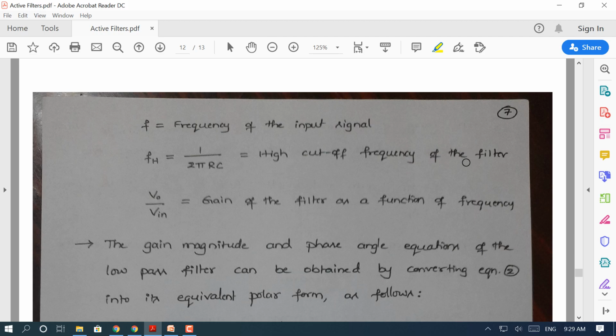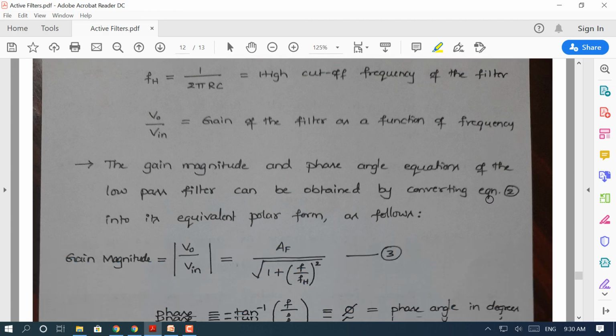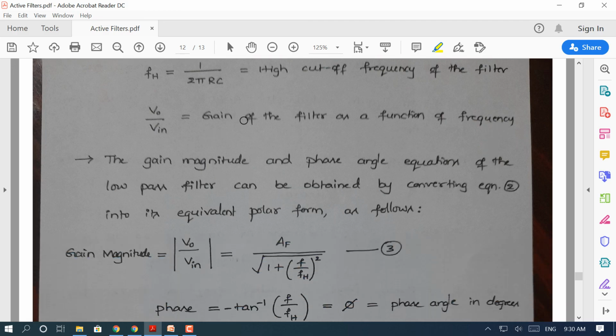So we can decide to what range, to how much, to what frequency we can limit the signals. That's decided by elements like resistance and capacitance. So V0 by Vin is called the gain of the filter, which is a function of frequency now. From the previous equation that we have derived, we can obtain the gain magnitude,